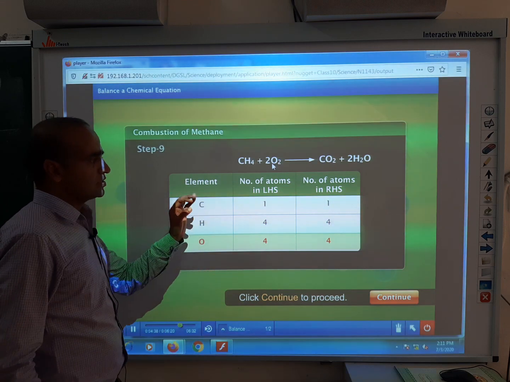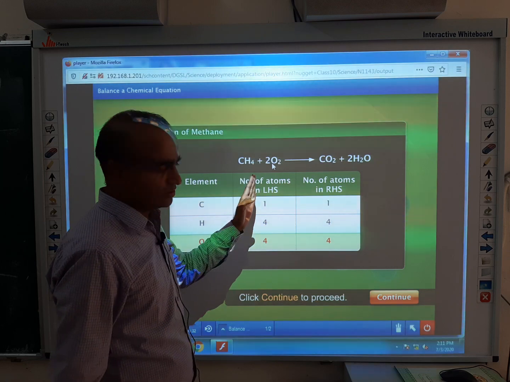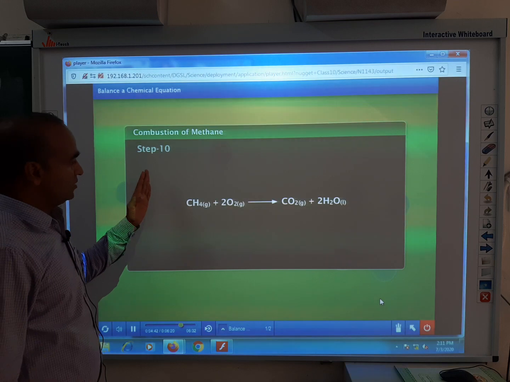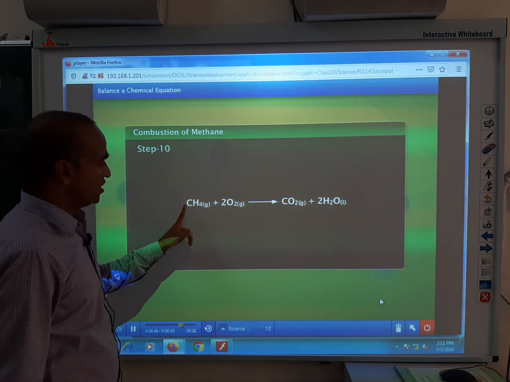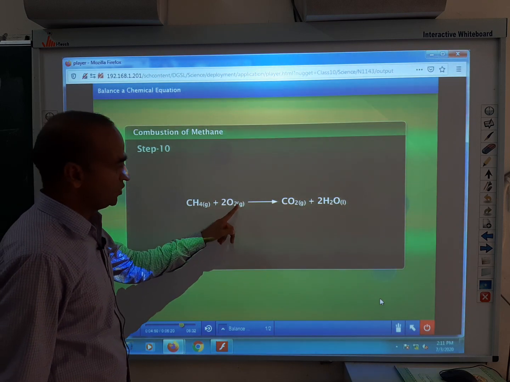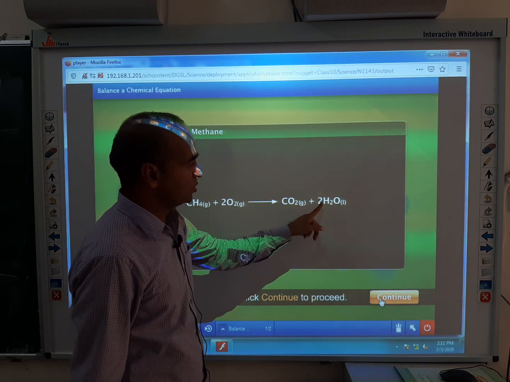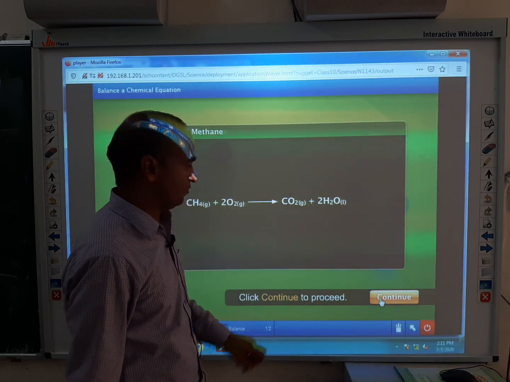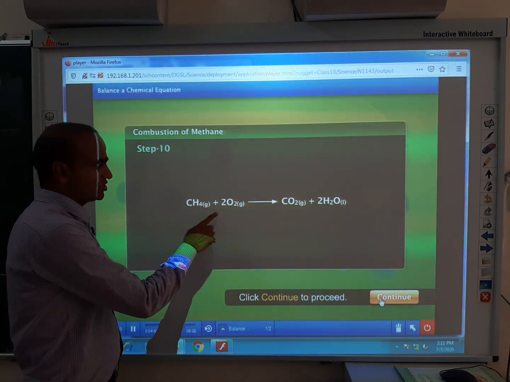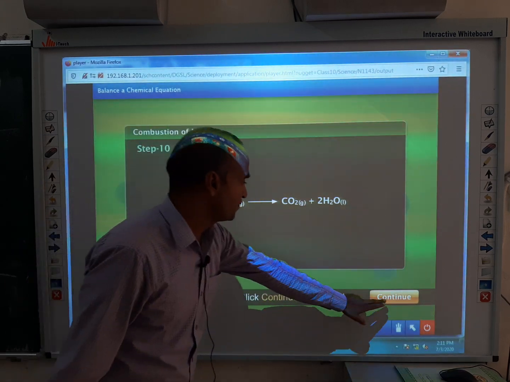So now we understand this concept and balance the chemical reactions. Next step, combustion of methane: the balanced chemical reaction is CH4 (g) plus 2O2 (g) gives carbon dioxide CO2 (g) plus 2H2O in the liquid form. Then in balancing of a chemical reaction, we also write the gaseous form, liquid form or solid form in these equations. Okay.